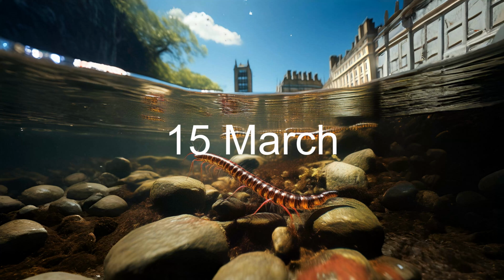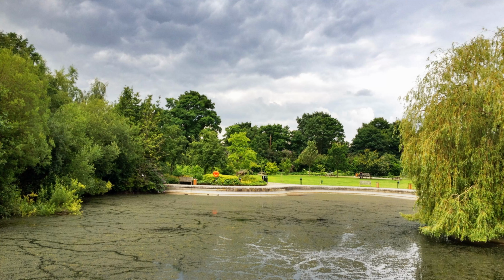March the 15th, water life. Various algae in the water column of ponds and lakes grow to such an extent in March due to the increase in light that blooms occur, especially of common species such as Ankistrodesmus and Cenodesmus. This causes the water to become very green, which results in a great increase in water flea numbers as they feed on the algae. The net result is the water itself becomes crystal clear again as all the algae is